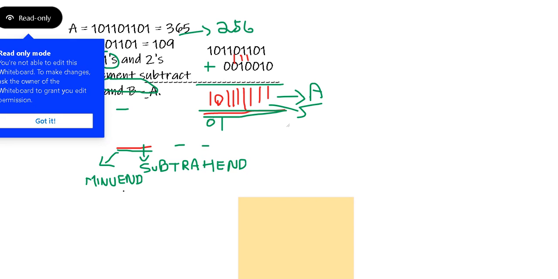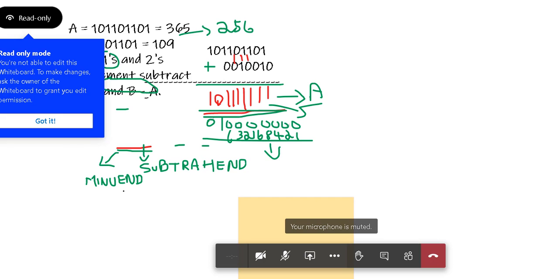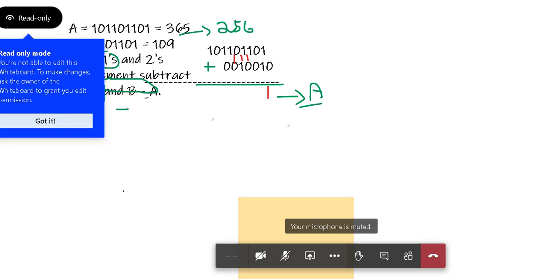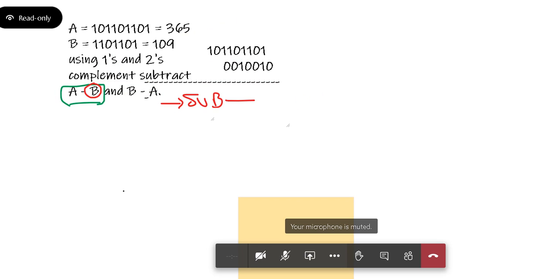Third, if you don't have a carry, no carry, you directly convert the answer again using the same complement you are using. We can do one more example, which will avoid the confusion for you. If anything, you can just do the same thing.